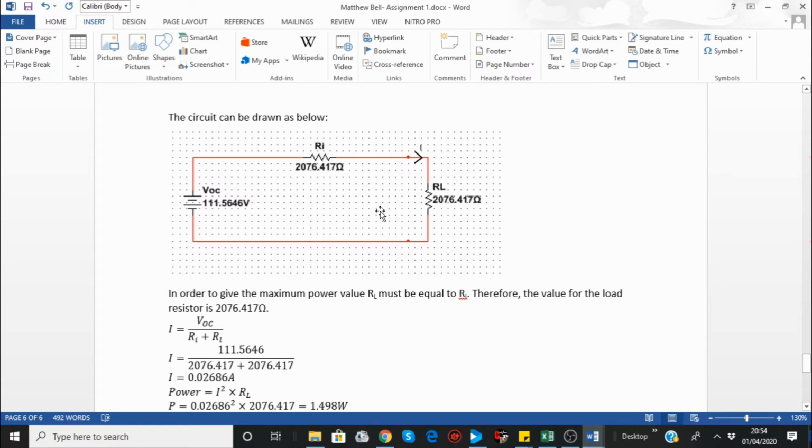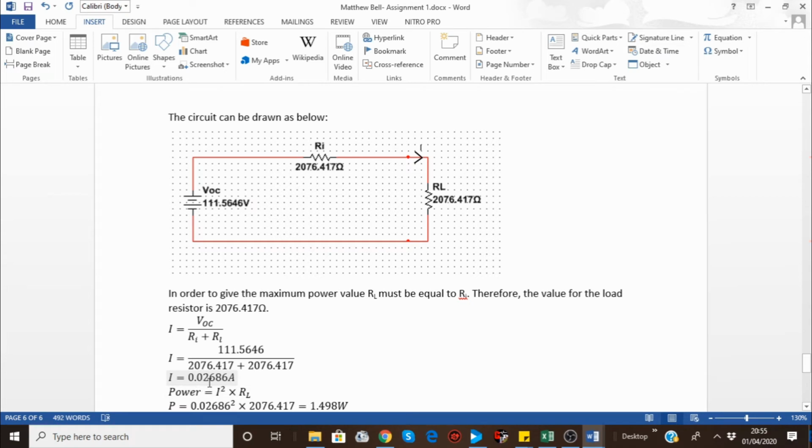And current is voltage divided by overall resistance, and these two resistors are in series, added together. So the formula is I equals VOC over RI plus RL, and if you put the values there and do the maths,